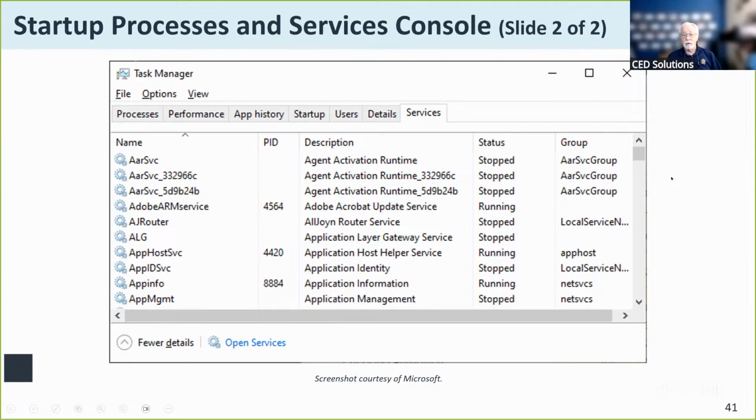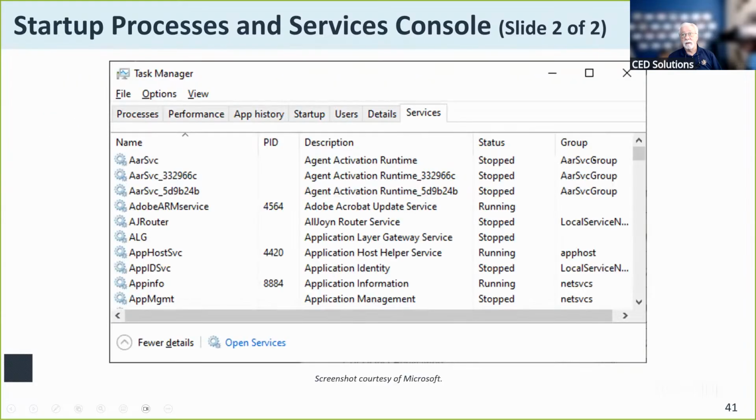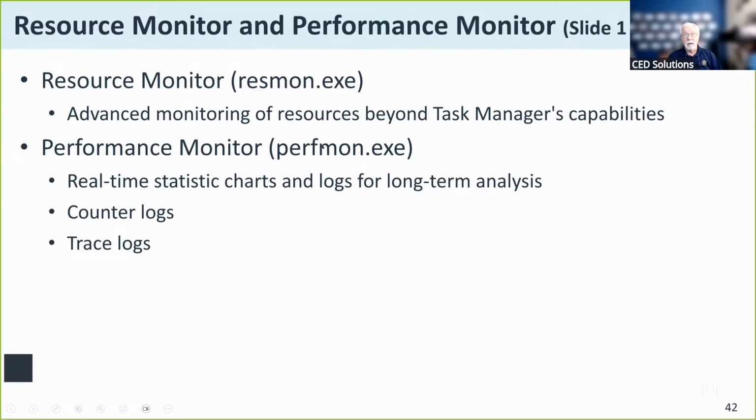And when they stop, of course, it frees up any system resources that they may have been using. Okay. So the startup tab shows me that. And then the services tab shows me right now what's going on with the systems there. Okay. There's a performance monitor and the resource monitor. The task manager allows me to manage tasks that are occurring right now on the system and those that are set to run in the future with the startup tab.